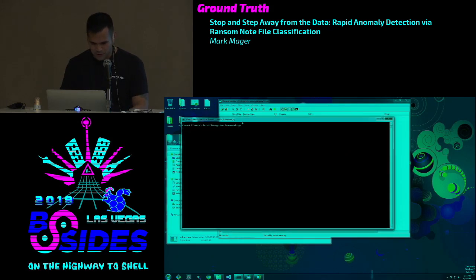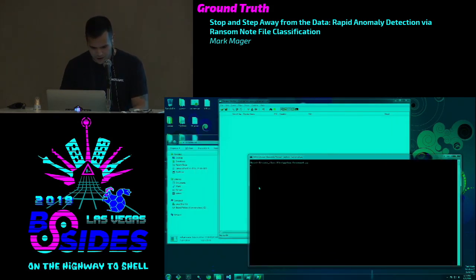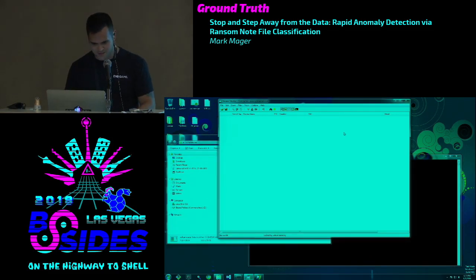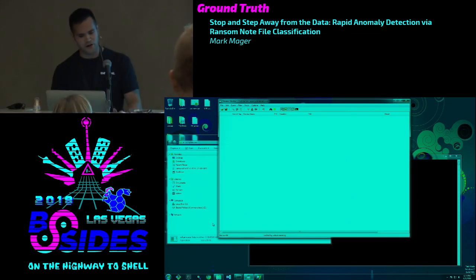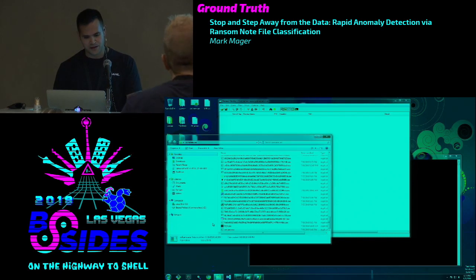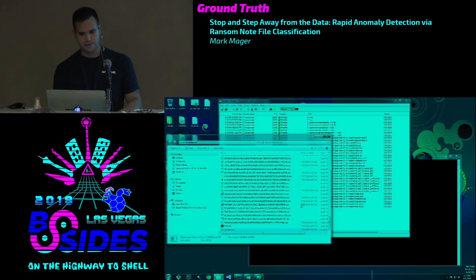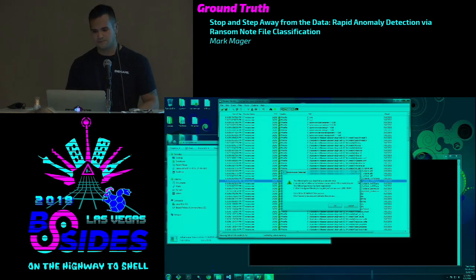Okay, so what we're working with here is a sample of the Volcano ransomware. And right here I have Process Monitor running in the background. I already have a filter specifically for write file operations that are going to be written out by the volcano.exe process. And so I'll execute this. And that was pretty quick, wasn't it?